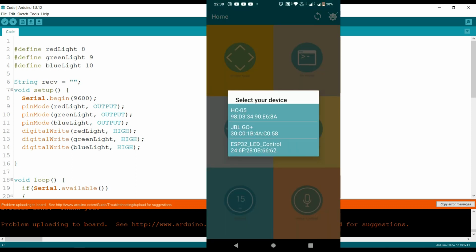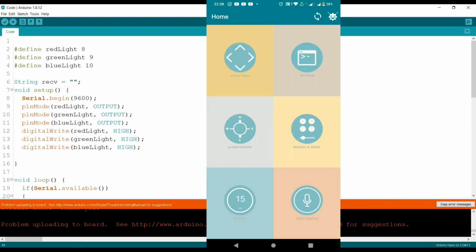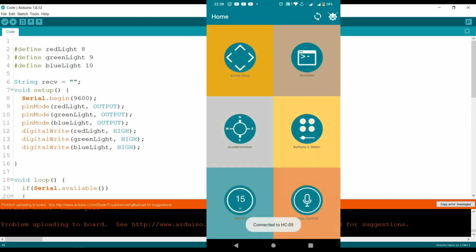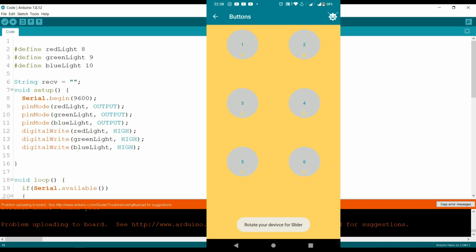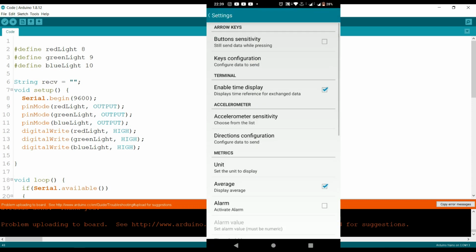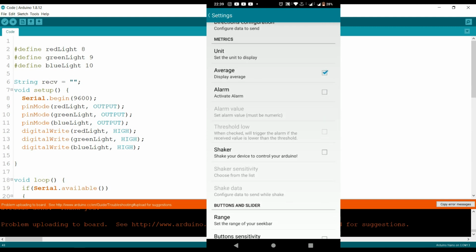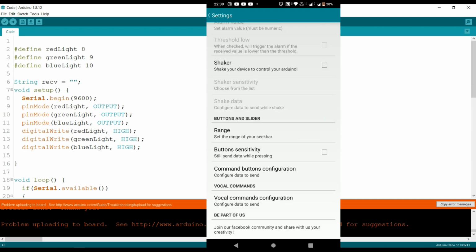So I will connect to my Bluetooth device. Okay, I will open. Here are 3 pairs of buttons. I will use 3 for on and 3 buttons for turn off. So I will go to settings, click over here, and go to command button configuration.